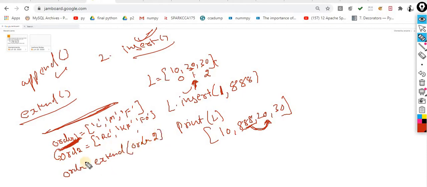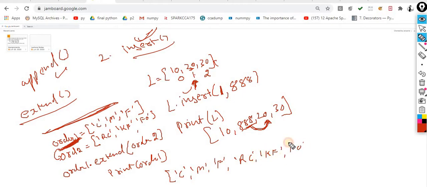Now what will happen when I print order 1? Your output is something like this: chicken, mutton, fish, RC, KF, and FO. Now your list 1 is extended with list 2. This is the concept of extend.